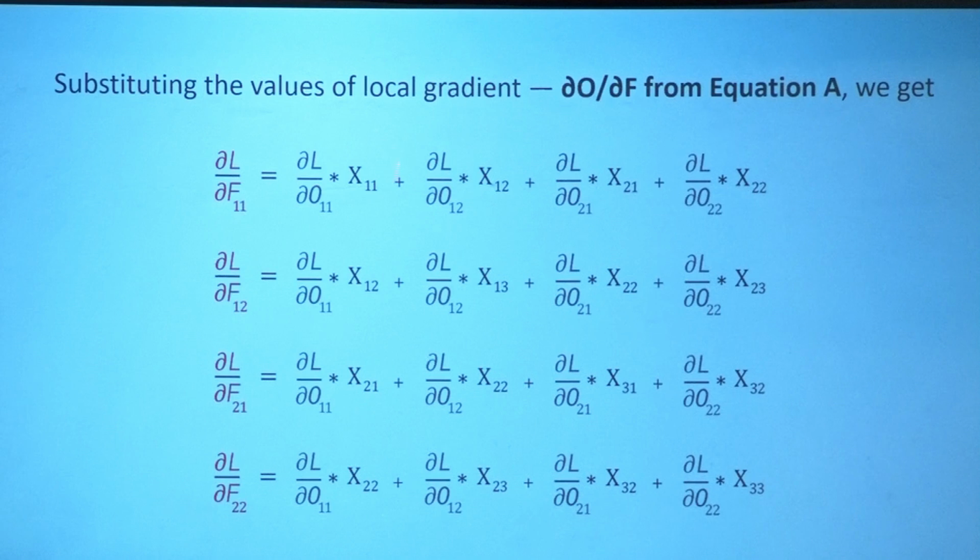Now what is the next term? x1,1, 1,2, 2,1, 2,2, 2,3, 3,1, 3,2, 3,3 and 1,3. What is that? X, the input itself, correct? Our input is a 3 by 3 matrix. Now can you guess what these equations represent? Product of what? Is it a simple product?